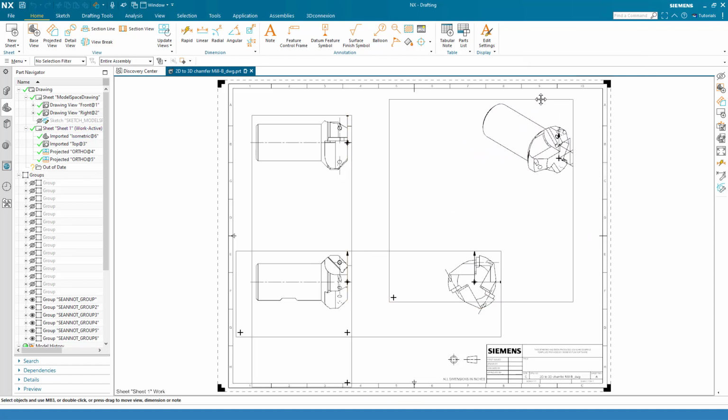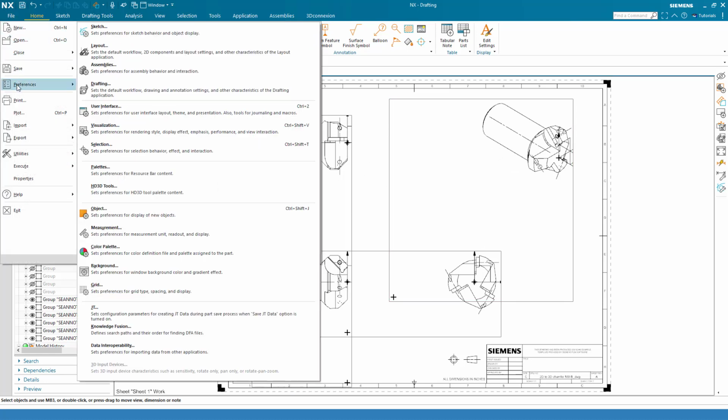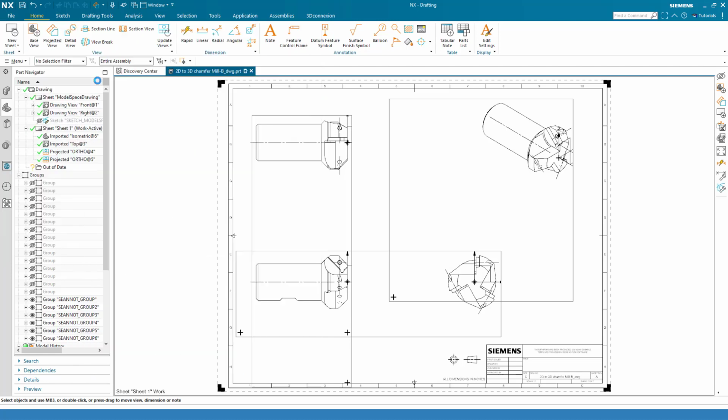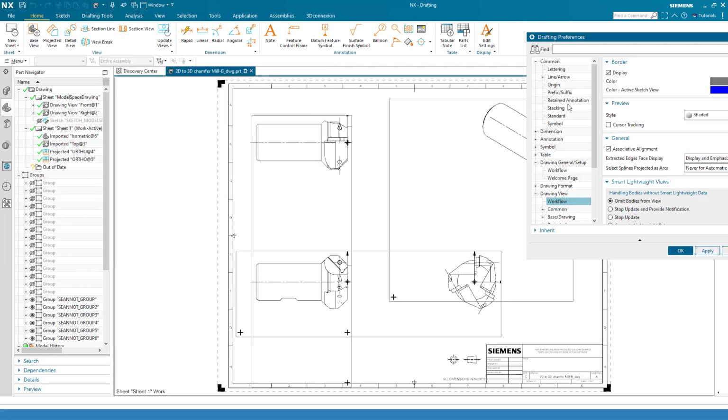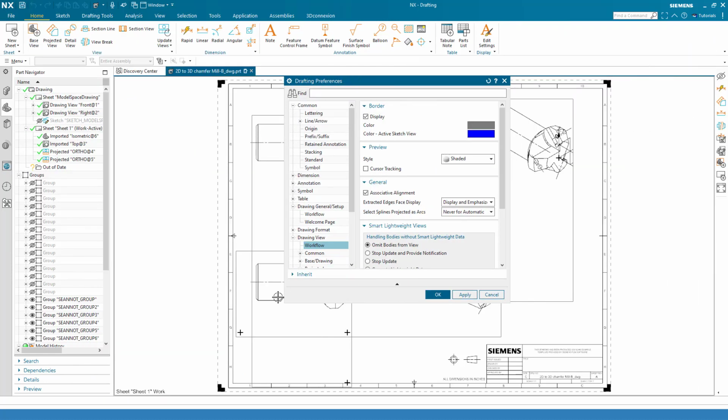I can move that around. Notice we get these borders here. You could go to the file preferences, and under drafting you should be able to see under drawing view workflow, check display border there,